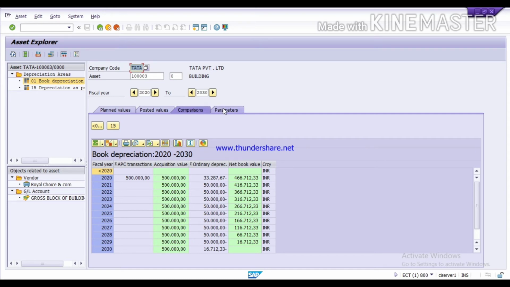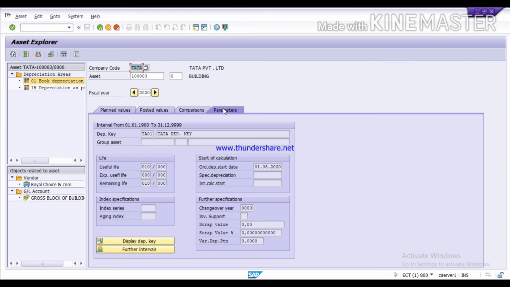And next is the parameters. Here you can see all the parameters of your asset, like useful life, remaining life, ordinary depreciation start date. These details you can see here.